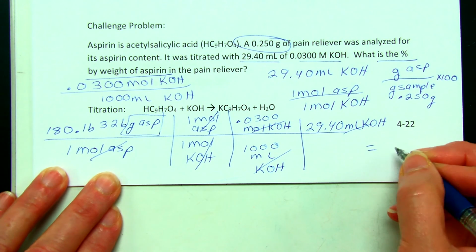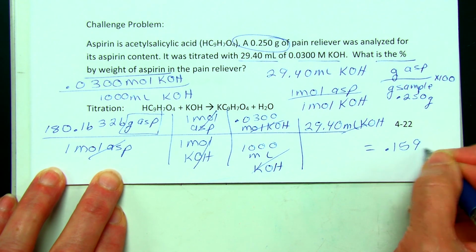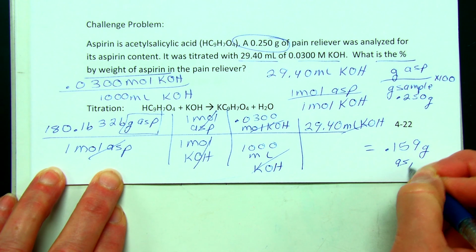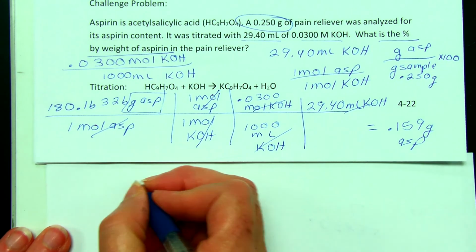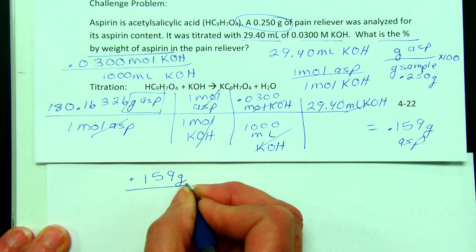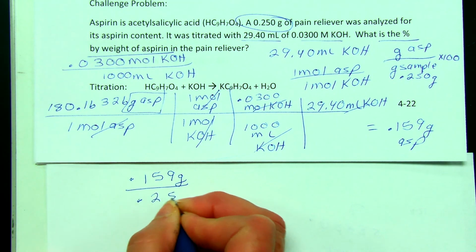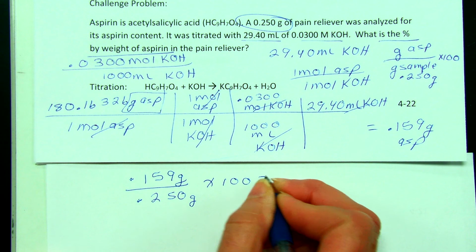Now I have the unit I want, grams of aspirin, 0.159 grams of aspirin. So the question asked me, what is the percent? Well, for the percent, I have 0.159 grams divided by 0.250 grams of pain reliever tablet times 100,